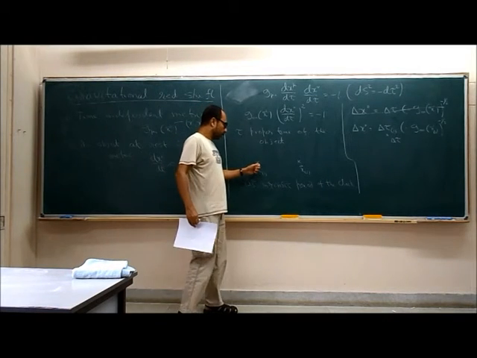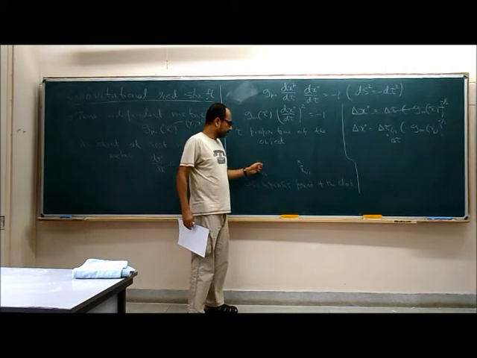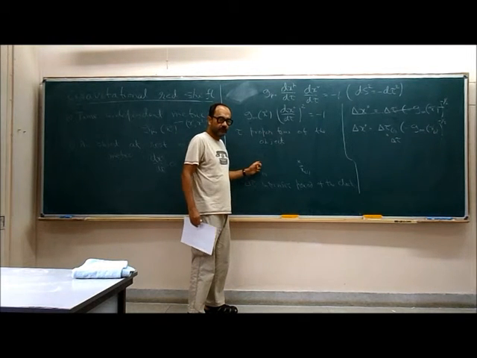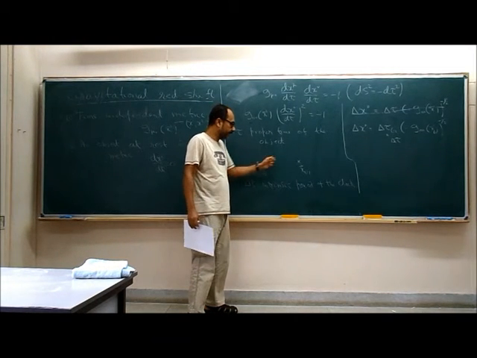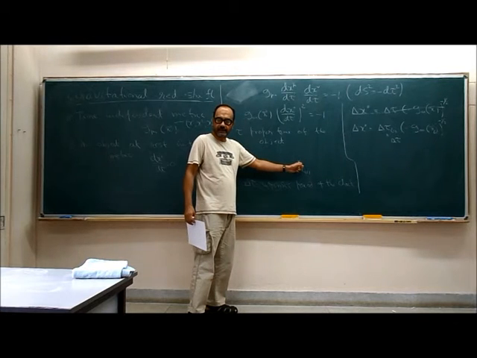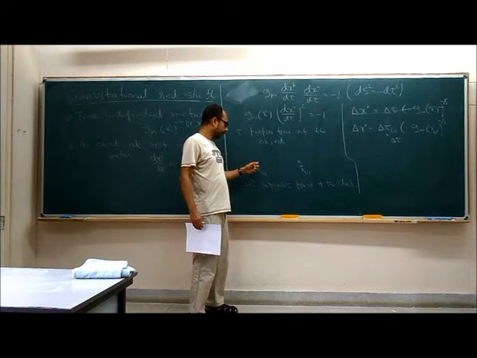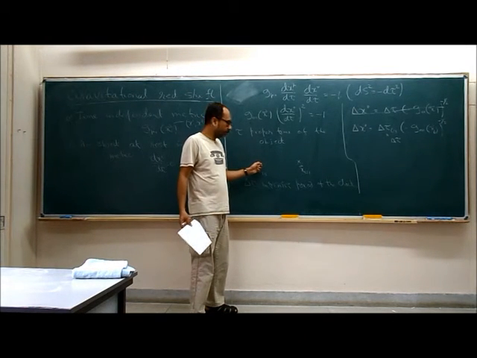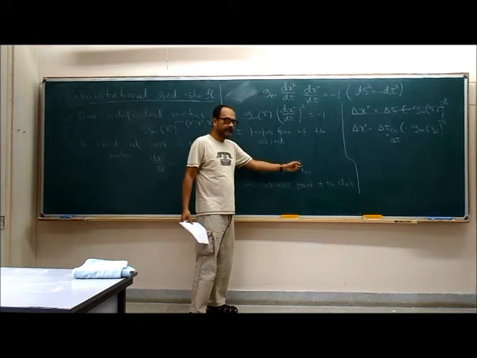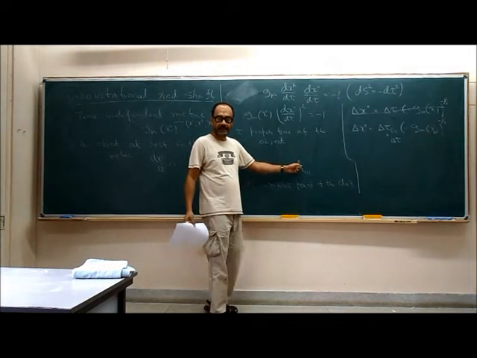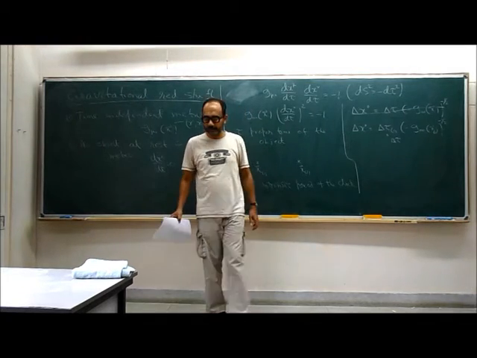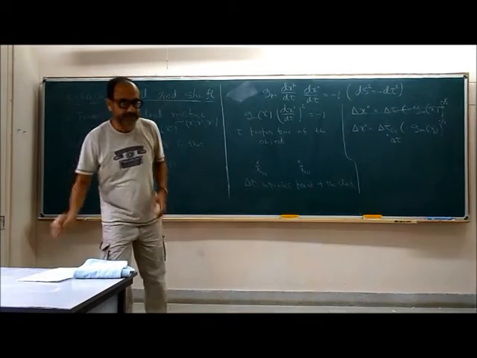Okay, now we have this point x1, it emits the signal. At a certain time the clock has ticked. That signal is captured by the point at x2. Now it emits another signal later, after a time delta x naught. That signal will be captured at x2 exactly after delta x naught interval. Why? Because the metric is time independent,